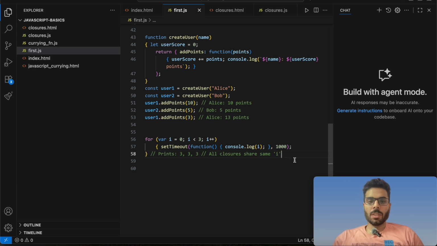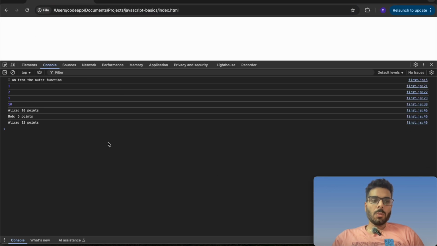because setTimeout runs after the full loop has been executed, right? So the question that can be asked here is, if we want to print 1 2 3 inside the setTimeout function, so this is basically a function, so that outer variable i should be accessed inside that, right? So the question here is, if you want to print 1 2 3, how can we do that? It's with the help of closures,